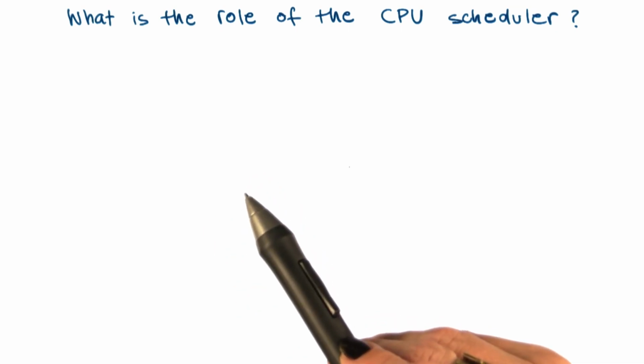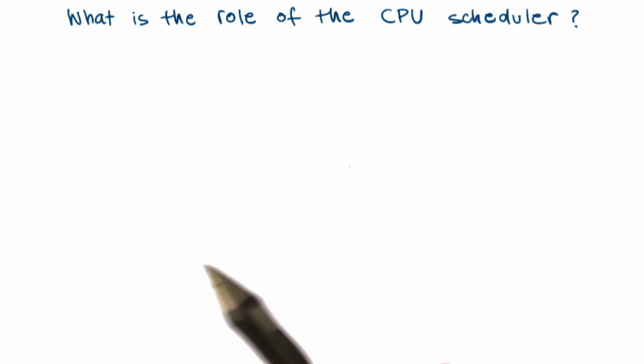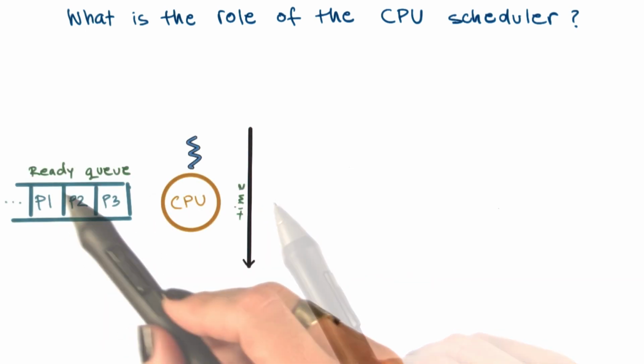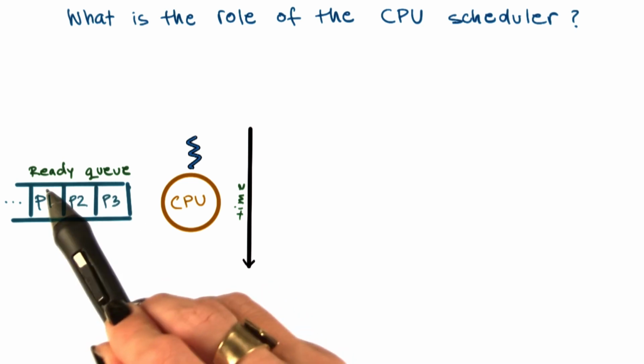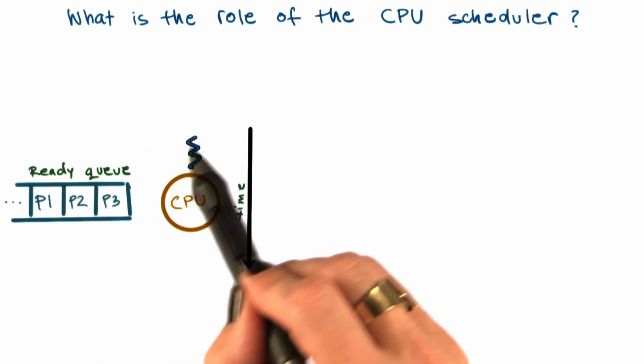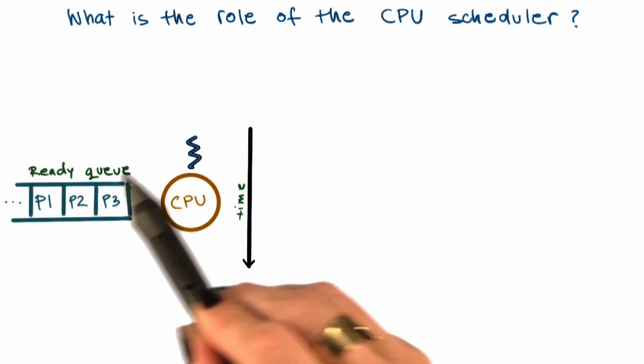Let's talk about process scheduling next. For the CPU to start executing a process, the process must be ready first. The problem is, however, there will be multiple ready processes waiting in the ready queue. How do we pick what is the right process that should be given the CPU next, that should be scheduled